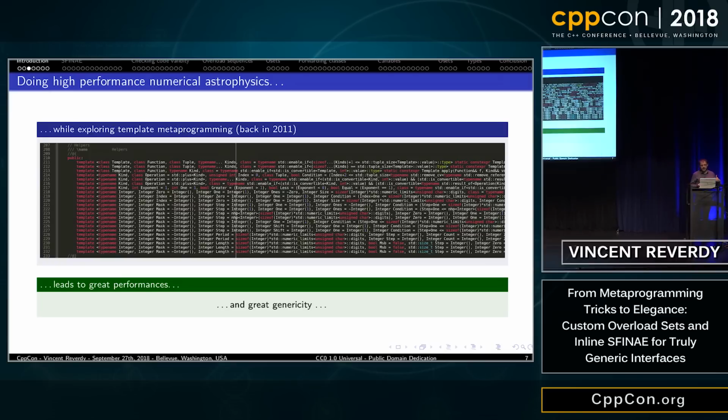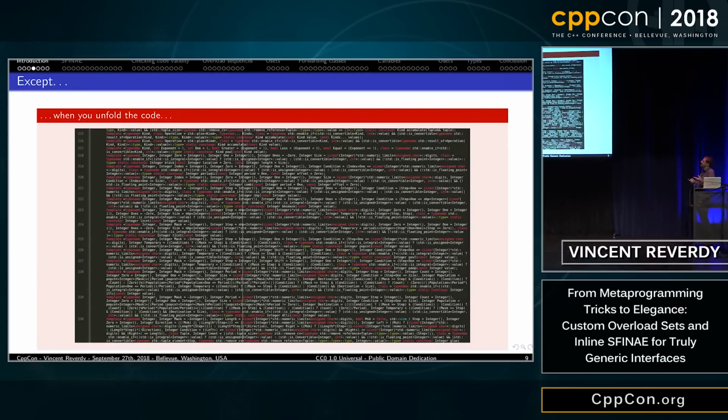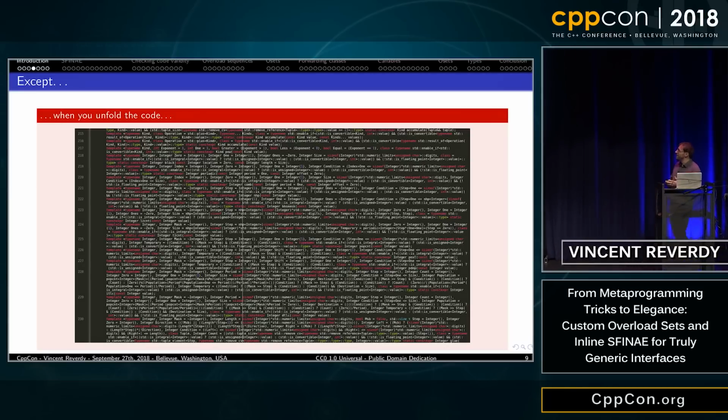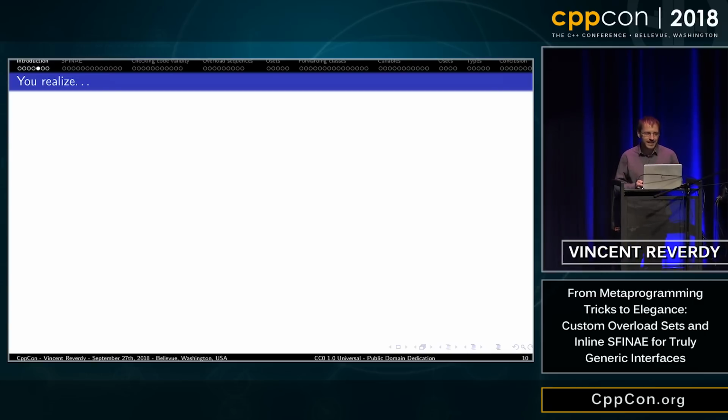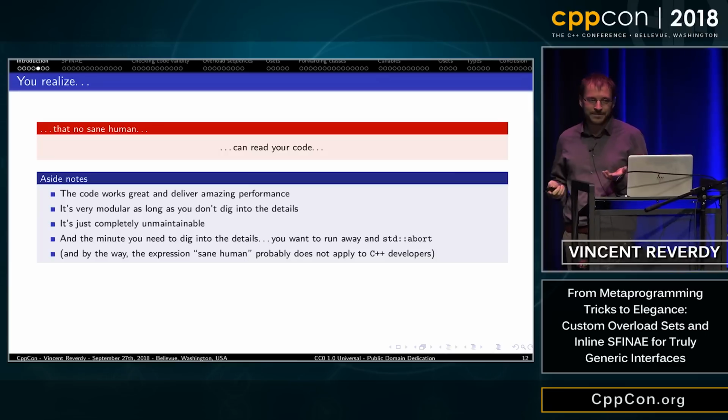The good thing was that it led to great performance and great genericity. The problem is the kind of thing that I was writing back then. I was all excited, but it was completely unreadable and completely unmaintainable. And then I realized that no sane human can read my code.